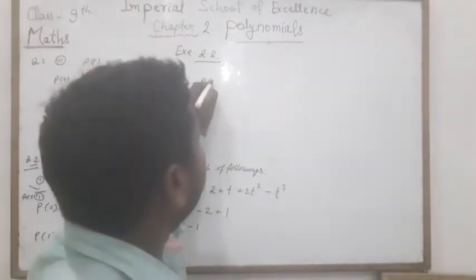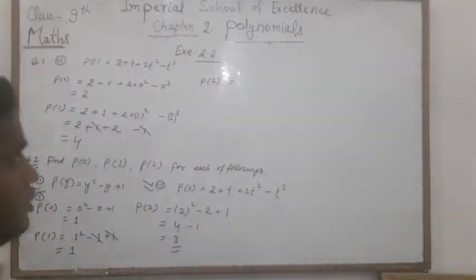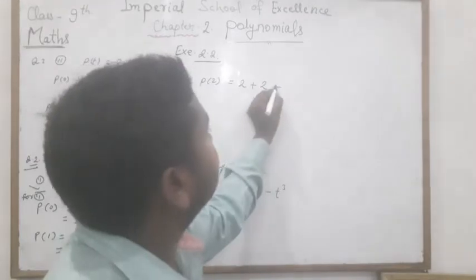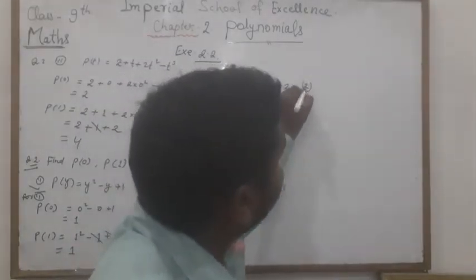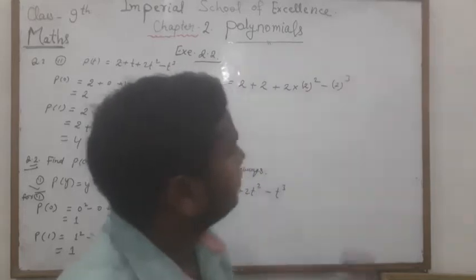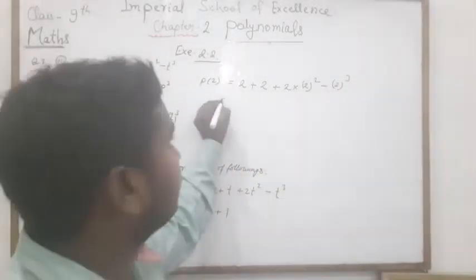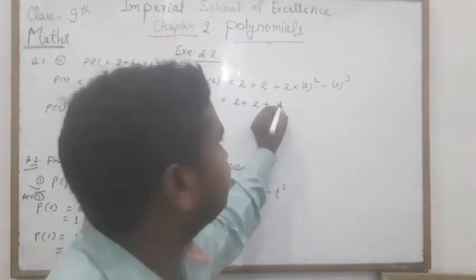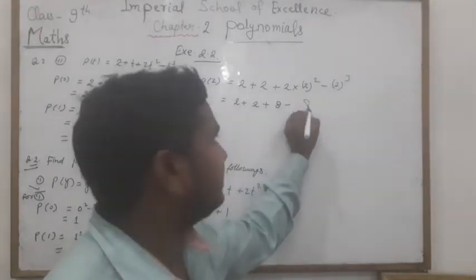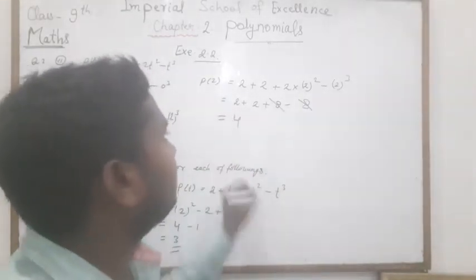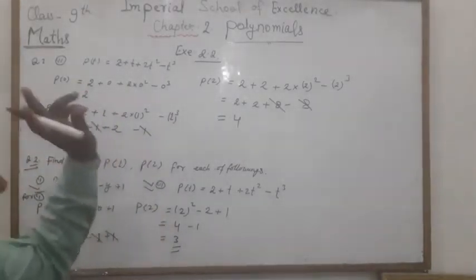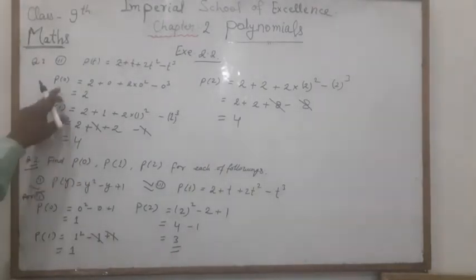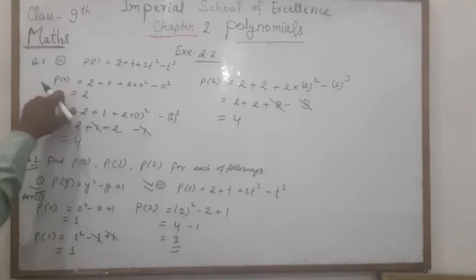So let's talk about P2. Okay, what is this P2? So see this 2 plus यहाँ t की जगह क्या रखना है 2 plus 2 into 2 का square minus 2 का cube. Okay, this is the thing. Now we will solve it. So this is 2, this 2. And this is 2 into 2, 2 ja 4, 2 ja 8 and this is 2, 2 ja 4, 2 ja 8. This 8 minus 8 get cancelled, so this will be 4. Means value of polynomial at t equal to 2 it is 4 and t equal to 1 it is also 4 and at t equal to 0 it will be 2.